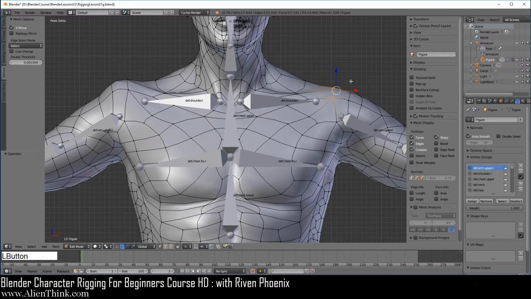Now when you click on X mirror and move this, you'll notice that the other side is not moving because it's no longer symmetrical. Do Control Z to undo this. Okay, now click on topology mirror. As I've said, when you see this topology word, that's what it's talking about. The topology is the same on the left and the right, but it's no longer symmetrical.